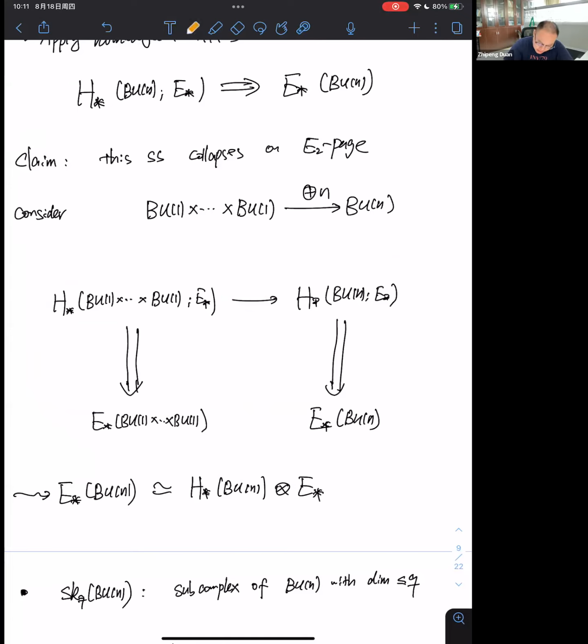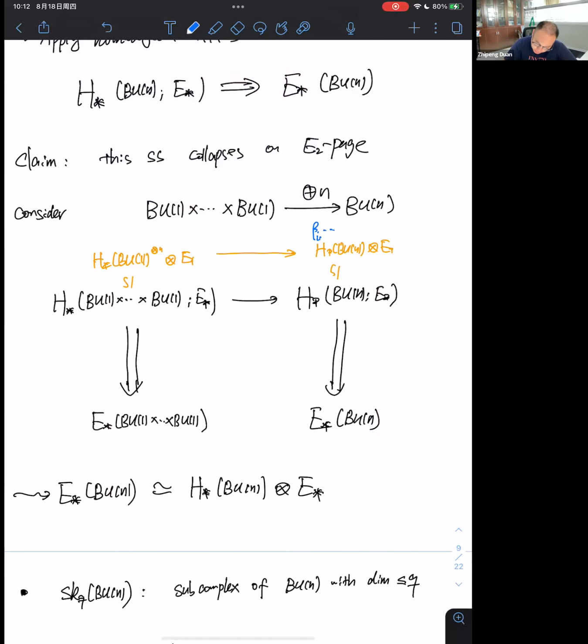And as you see, by Künneth's theorem, this is just the tensor product for n copies of BU(1) tensored with E star. And this is just the homology of BU(n) tensored with E star. It's just because the homology is free. And then it's also a map. Then we know